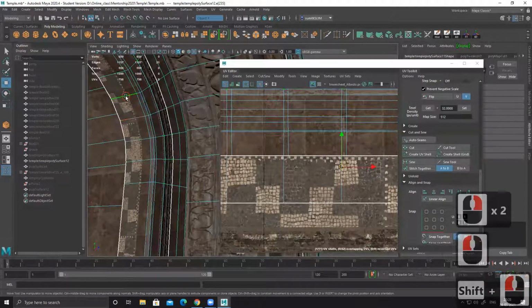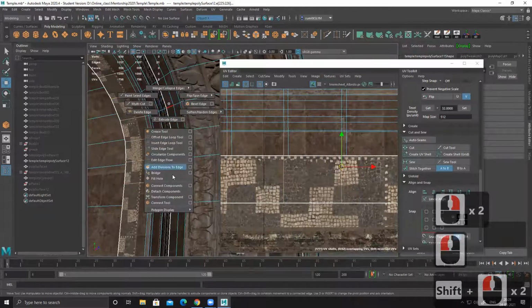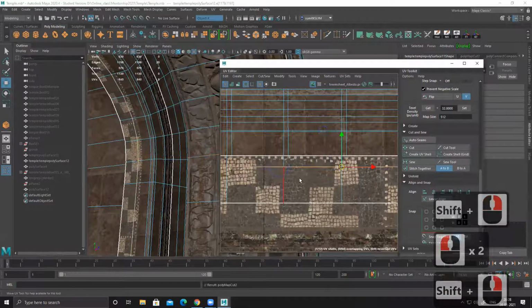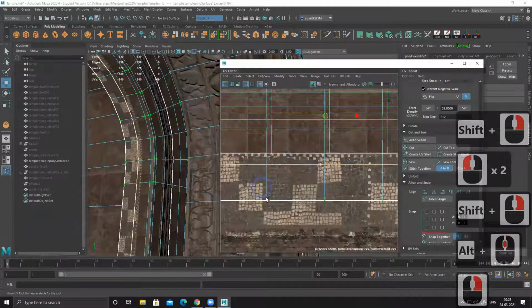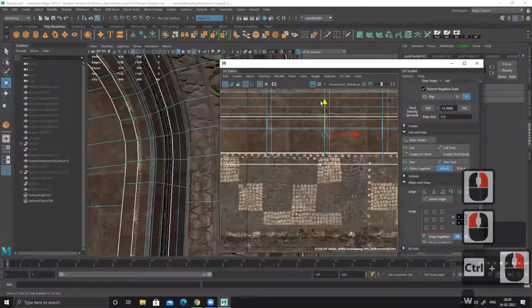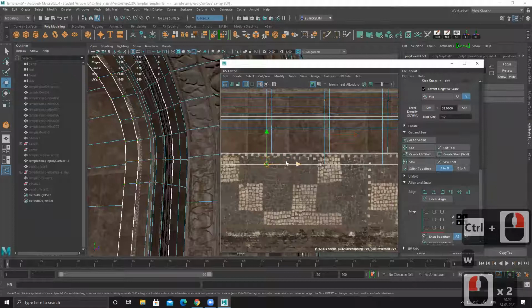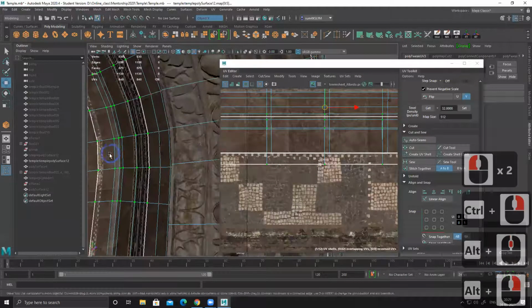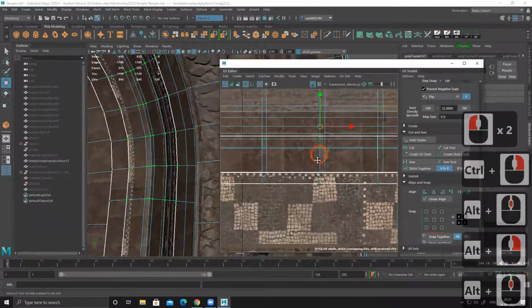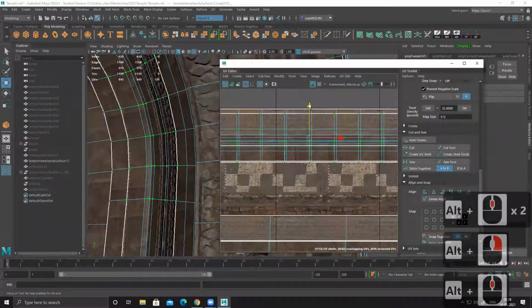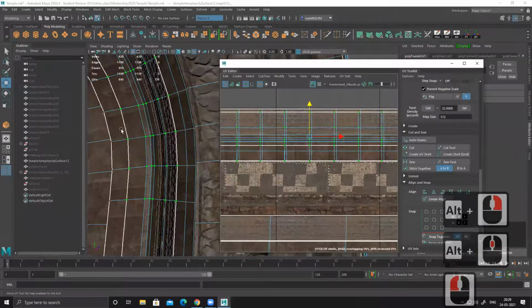So I can connect it, get this center line, cut it, and place it. If I want to cut, I can cut it, or I can just simply move it and align it nicely.